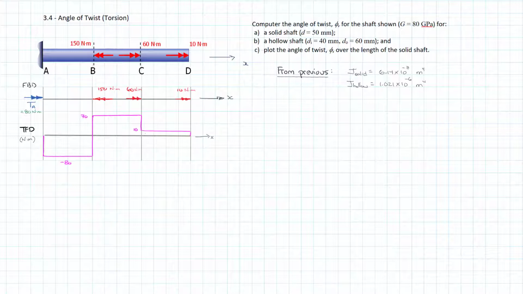Now this, again, is analogous to how we were calculating our elongations and shortening in the axial load, with the displacement equal to PL over EA, and then you can do the sum over constant sections. We're going to do exactly the same thing here: we're going to calculate the angle of twist over constant sections and then sum them up. So calculate the angle of twist